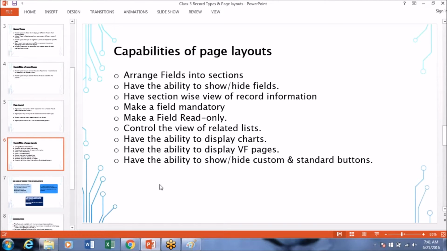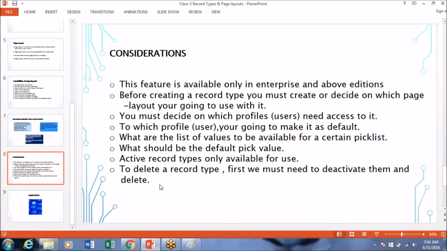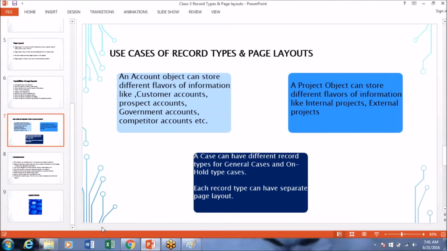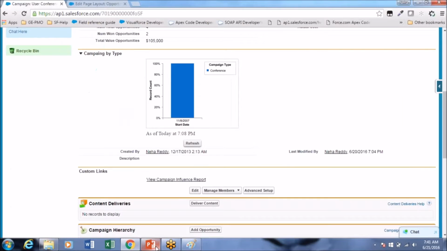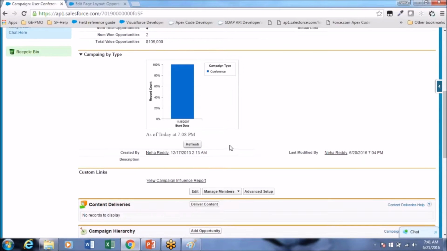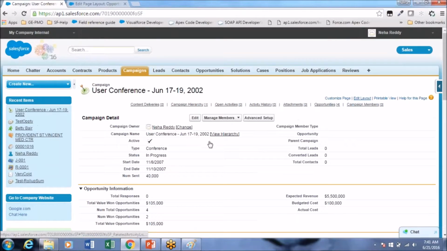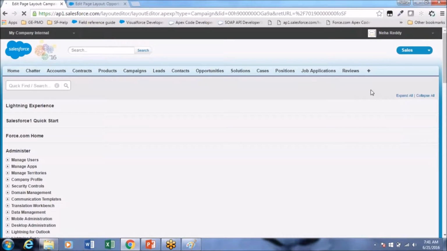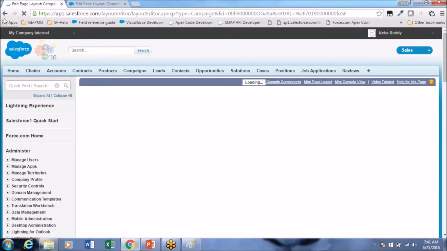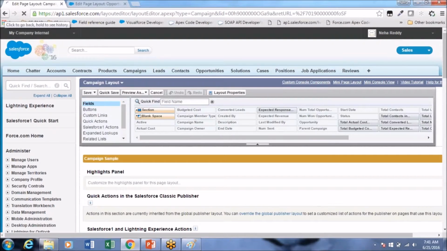Even if we give system administrator permission, they can't change anything? Means if we hide standard buttons, still they can't change? If they are the system administrator, they can go to edit layout and bring them back here. But if they are not the system administrators, they will not be able to change anything here. They don't get this edit layout permission. We are doing it through the edit layout, right? If they are not the system administrators, they will not get that permission.